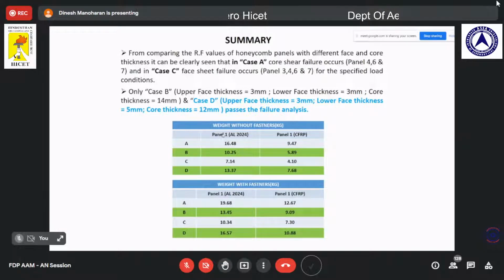It is clearly seen that in case A, core shear stress occurs in panels 4, 6, 7. In case C, the face sheet failure occurred in panels 3, 4, 6, 7 for a specific load condition. In case B,